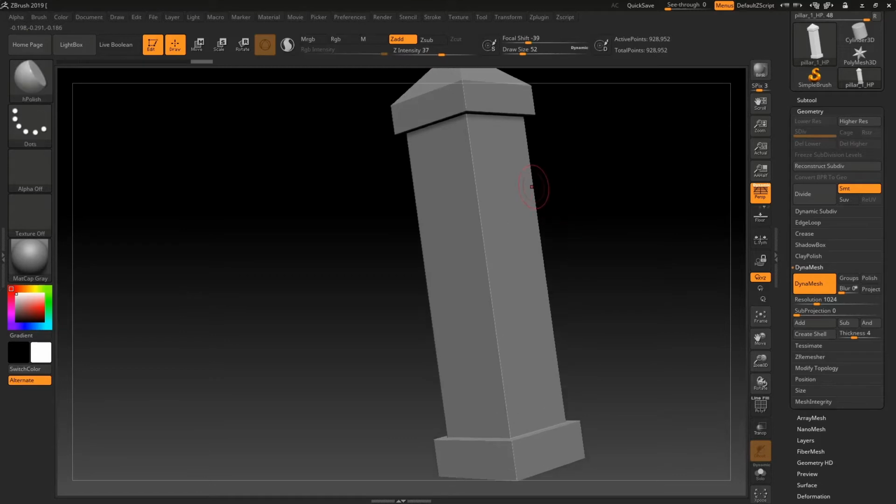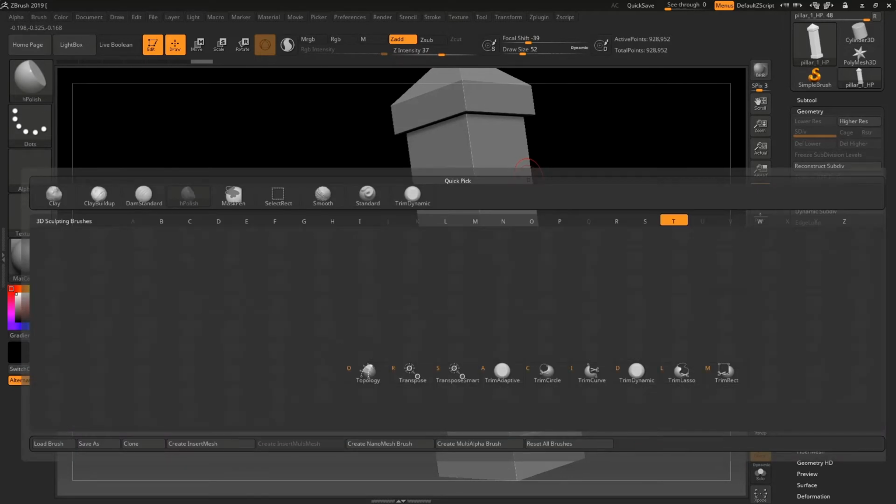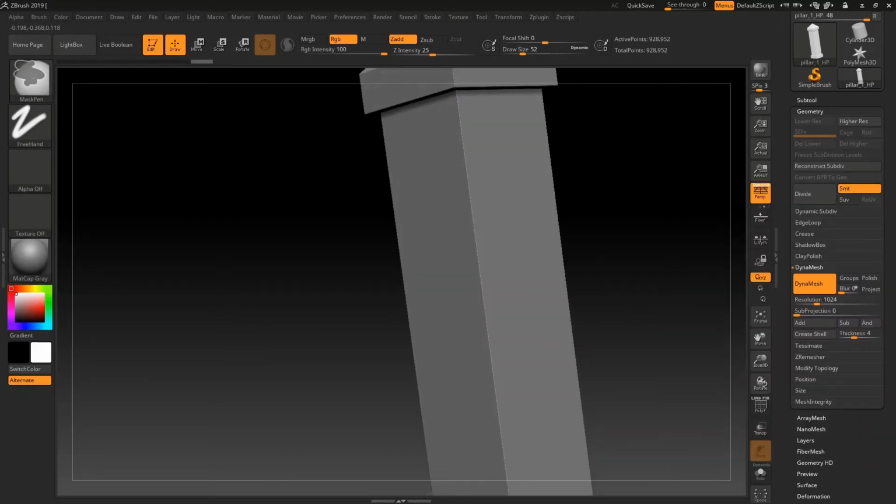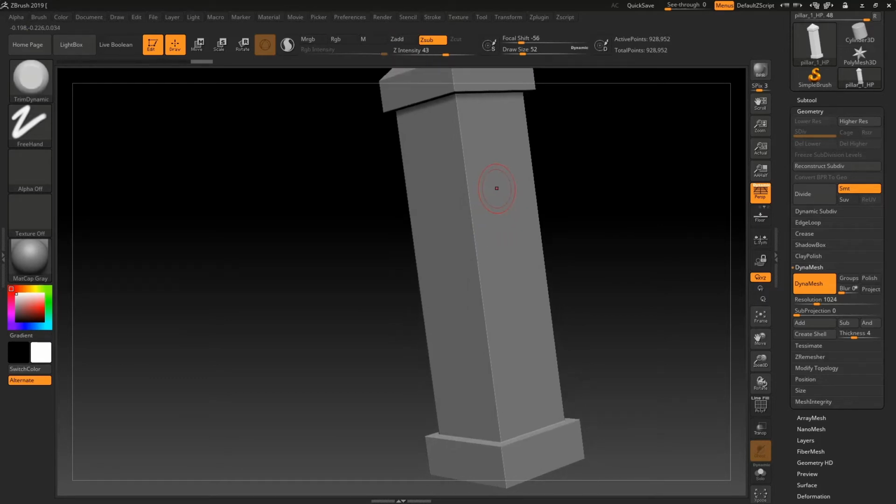And to do that, we're going to do B, T, D. And this is the trim dynamic brush. In terms of strength, 25 should be okay. Let's try 43. Okay, yeah, so this is plenty. And we just want to go around. You don't really have to be too careful with this. It's a good idea to decrease and increase brush sizes as you go, just to give a bit of variation